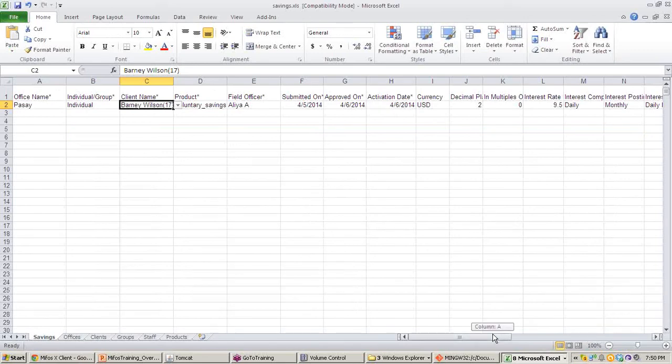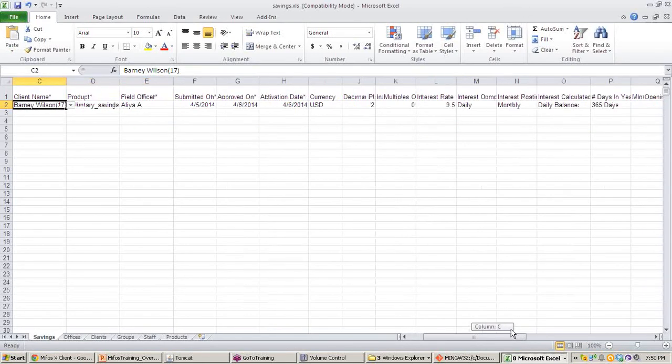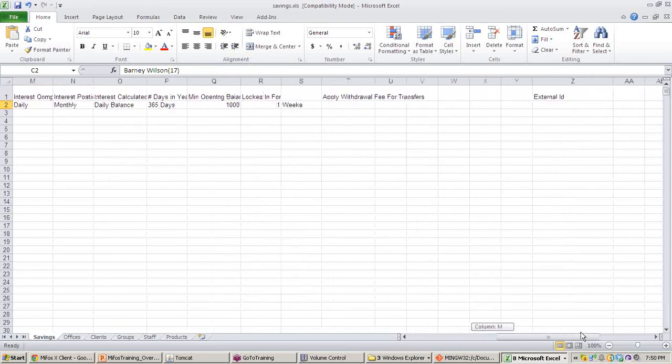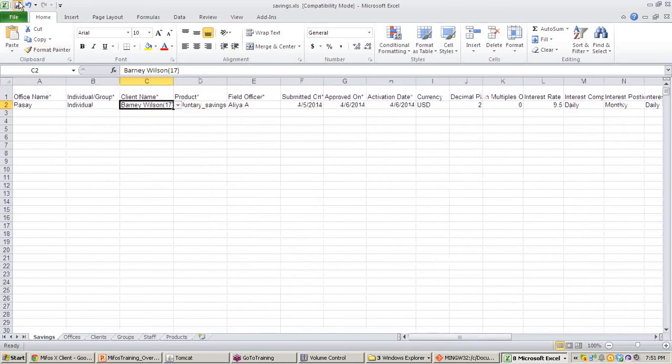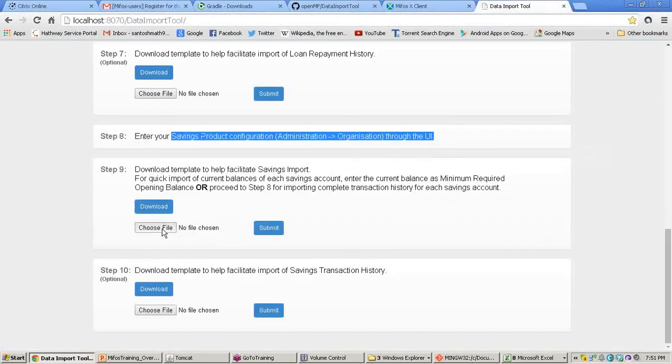It is entered. Let's check whether we have skipped any mandatory field. I don't think so. Let's save the file. Next, go to the data import tool and choose the file, savings.xls, and click on the submit button.